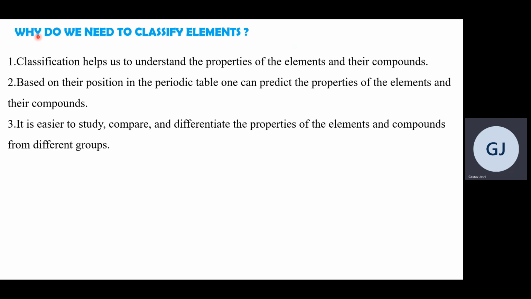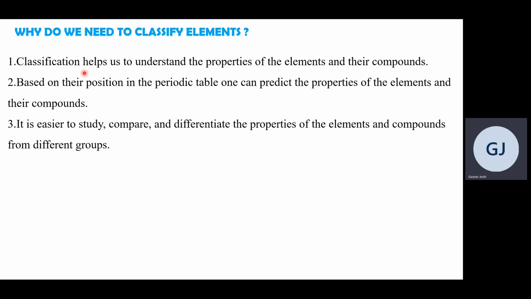If you are going to study 118 elements, it will be a very daunting task to read about them and remember their properties and chemical nature. Thus, to make things simple, scientists are continuously trying to improve the periodic table, and the important factor why we need to classify the